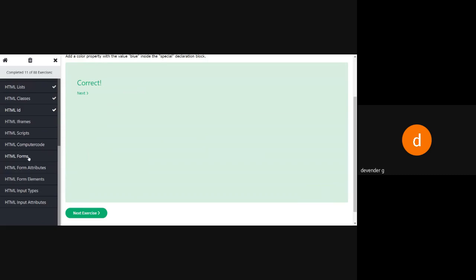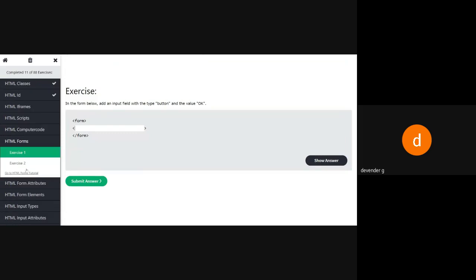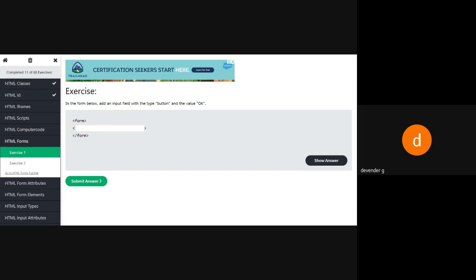Then we'll move to the forms. We'll see what forms we're going to do. Now I want to add a button called OK. How will I do it?